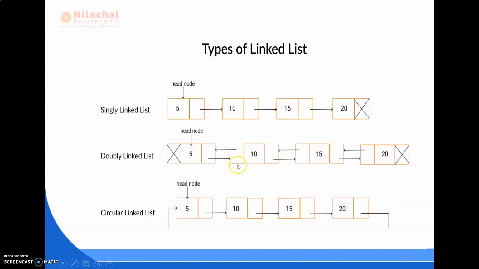So here we can see the diagram of the three types of list. First, the singly linked list, in which we have a header and it points to the node. Here it is the data part. Here it is the next or pointer part which points to the next data element. It is also in node form where we have a data part and a link part. And at the last node, we have the data part, and at the link part we have the value null,